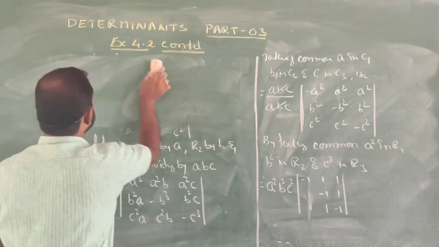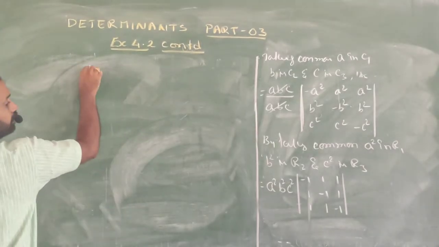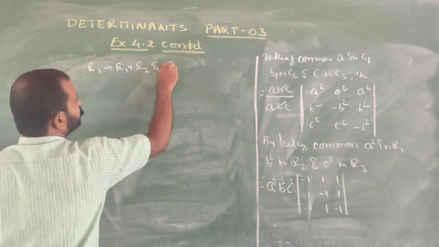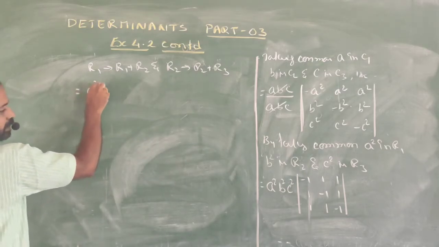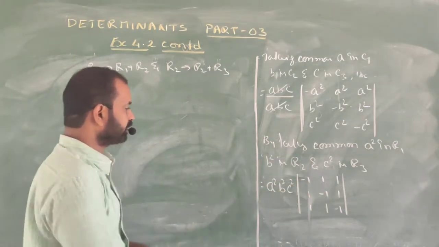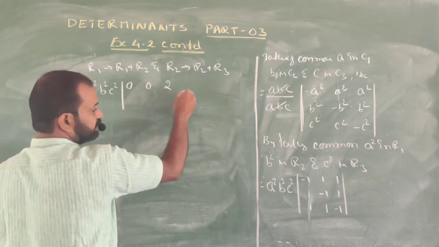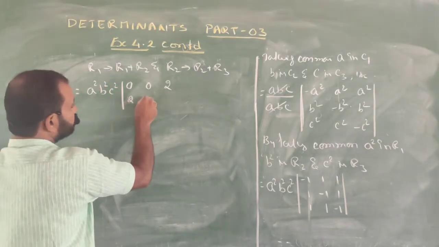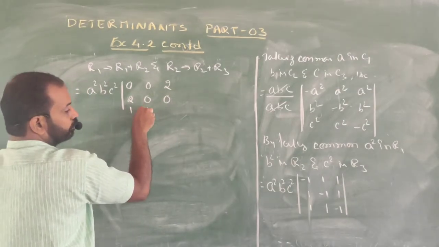That is, by applying R1 as R1 plus R2 and R2 as R2 plus R3, which implies a squared, b squared, c squared. R1 as R1 plus R2, that is minus 1 plus 1, 0; 1 minus 1, 0; 1 plus 1 is 2. Next, R2 as R2 plus R3, that is 2 minus 1 plus 1, 0; 1 minus 1, 0; 1, 1